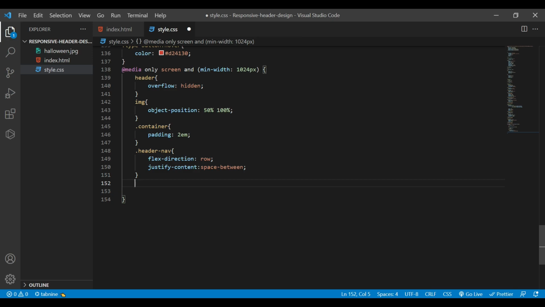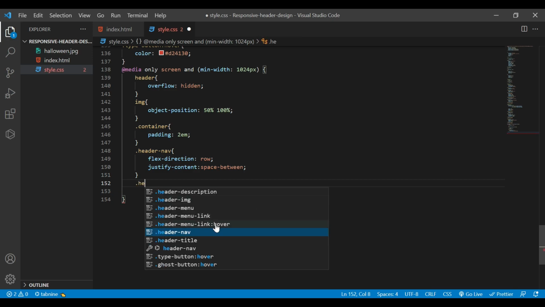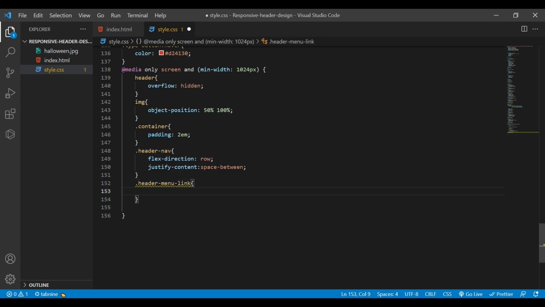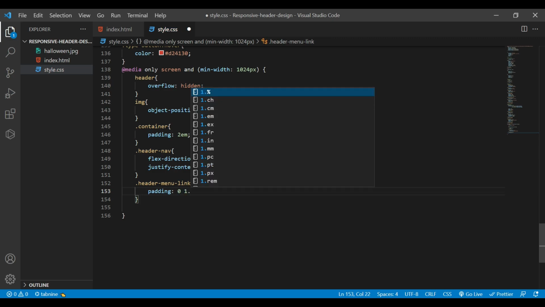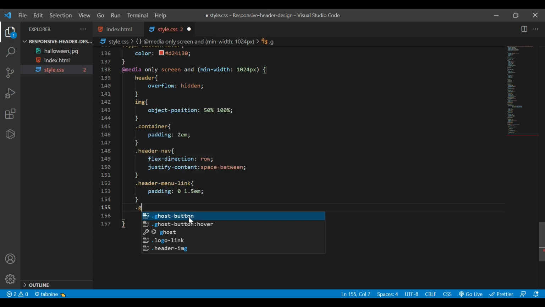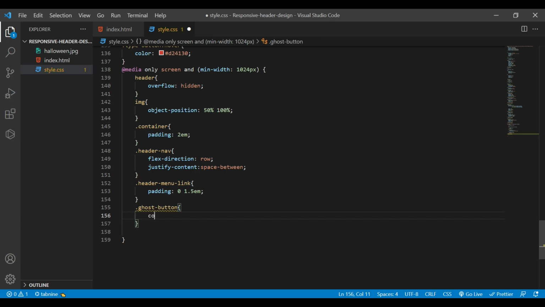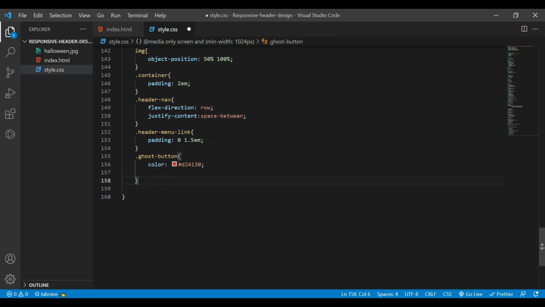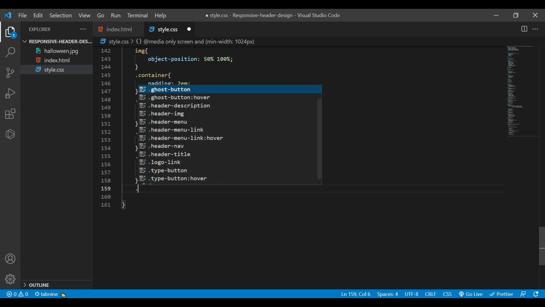Next is my header menu link. For this one I'll add padding, so I'll say 1.5m. Okay, so next is our button, ghost button. For this button I'll say color to be, I'll give that color code. Next also we need to add a hover effect, so again I'm going to say ghost button hover,